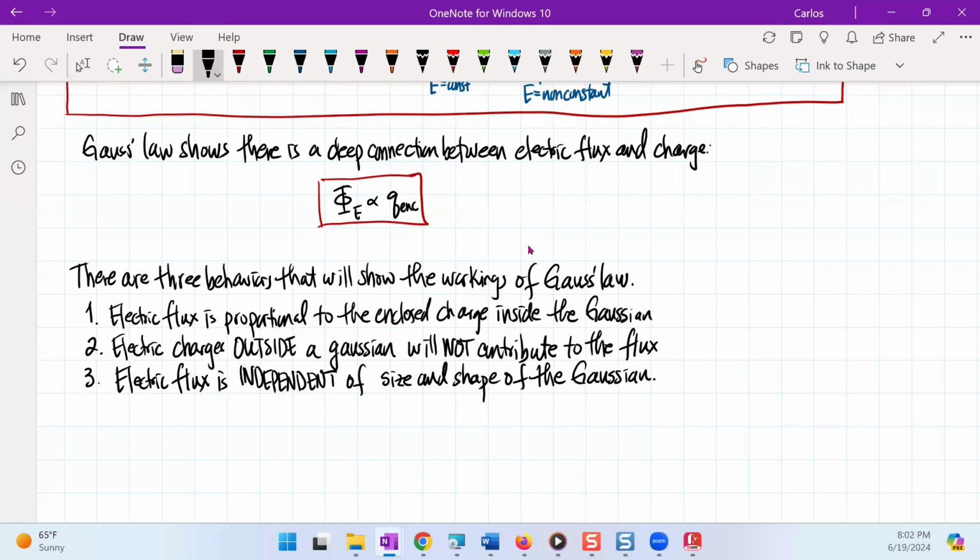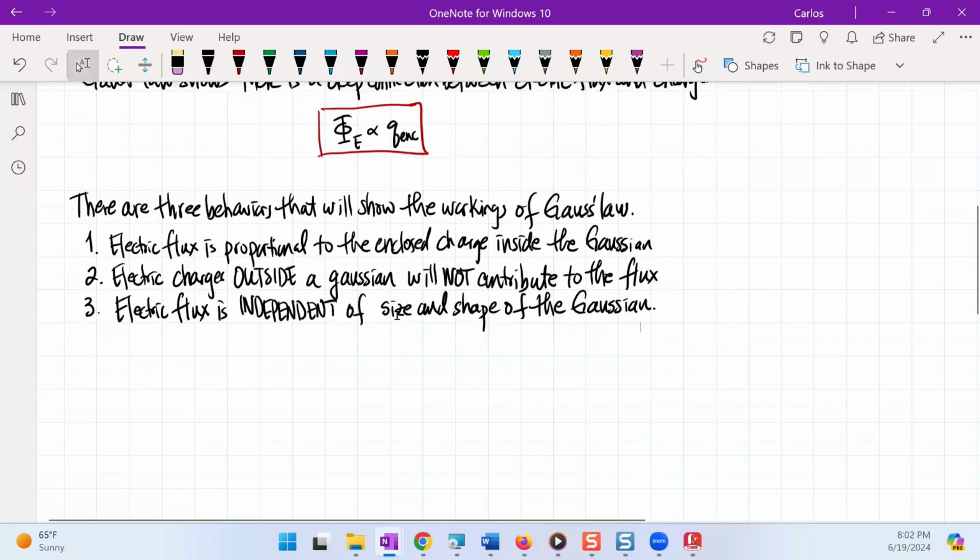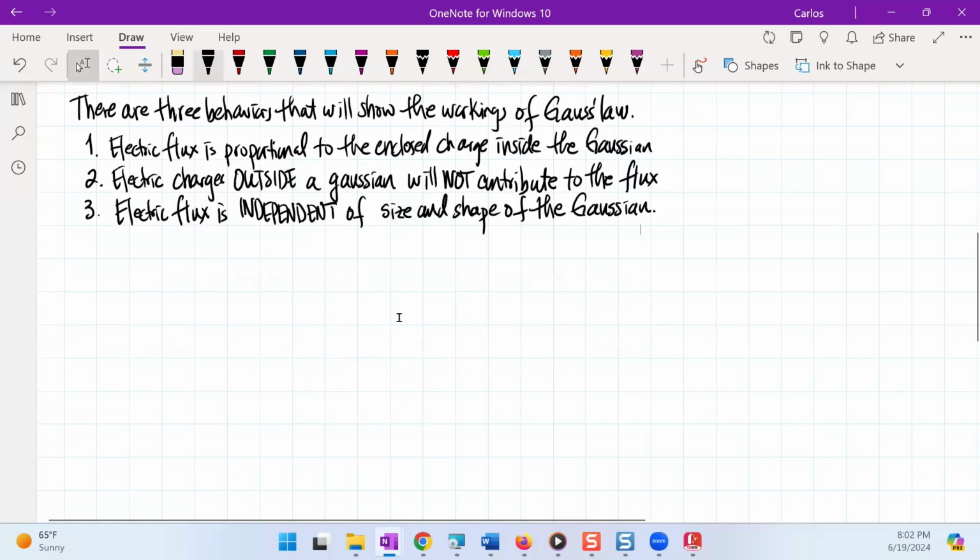So look at that. I'm talking about flux and I'm talking about charge. I'm talking about shape and I'm talking about charges outside. All of this has to do with Gauss's law. So let's go look at the first one. So this lecture is going to be on the electric flux